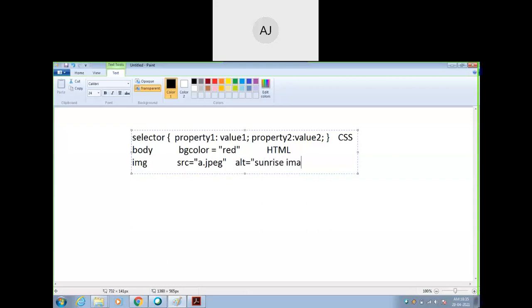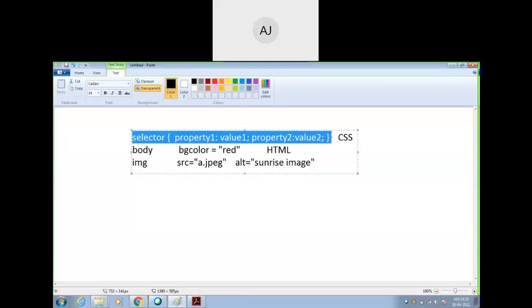It means if that image is not loaded, the alternate text should be displayed. That is the sunrise image. Is it okay, guys? So HTML and CSS are very similar. If you remember this particular syntax, CSS will be very easy for you. This is a new way of demonstration I have started. Is it okay? Fine.